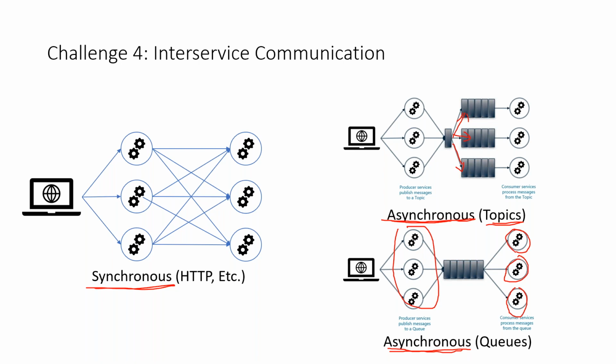Now, it is possible to have a feedback loop if you wanted to have another queue for responses, and you can use something like a correlation ID between the original message requesting something and then a response that comes off the response queue, and use a correlation ID to get responses and requests correlated together. And that's a common way to do that, but it's asynchronous in that the actual request onto the topic or the queue is not expecting a response back immediately like you would get with